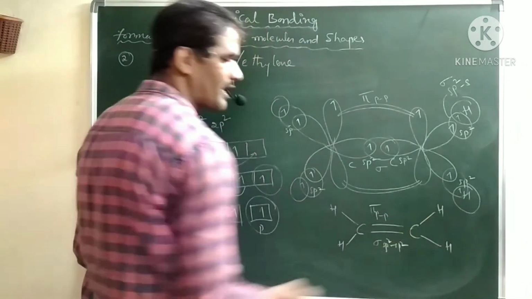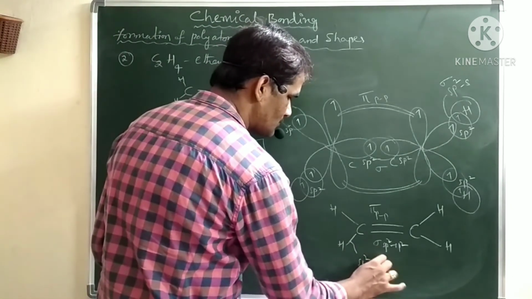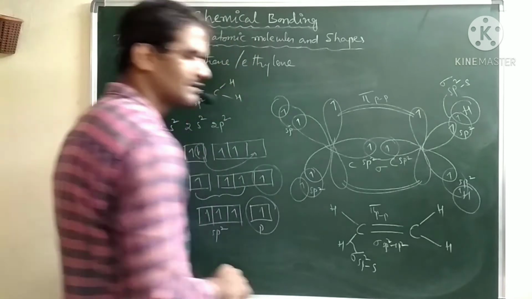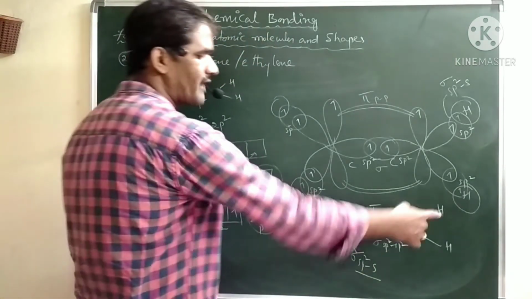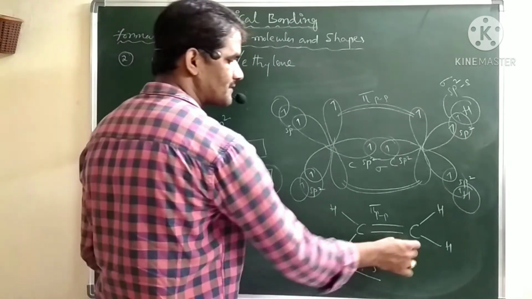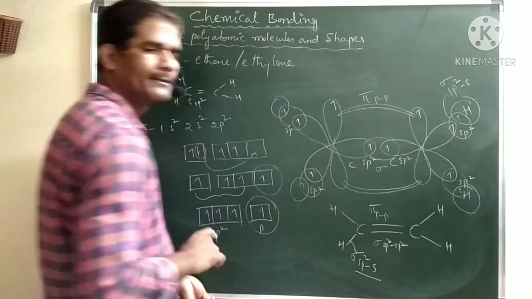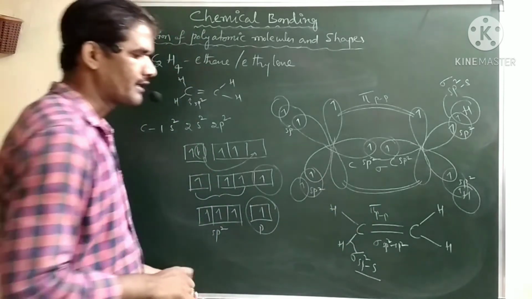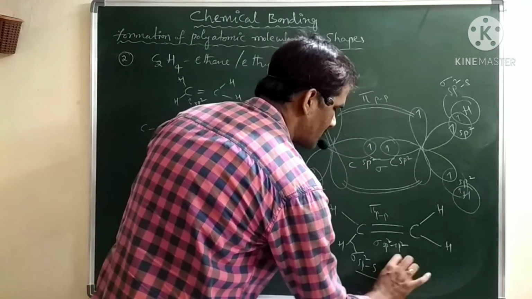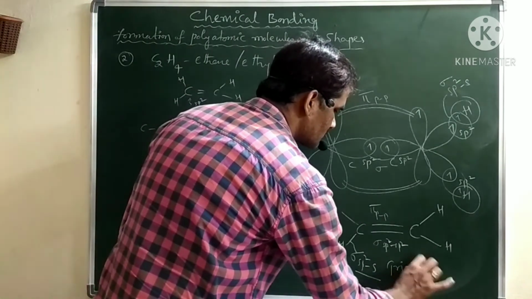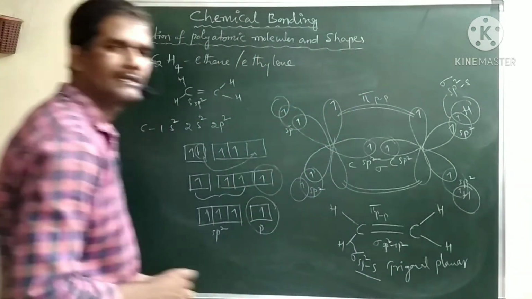Now these four hydrogens are bonded by sp2-s overlapping, and that will result in the formation of sigma bonds, sigma sp2-s overlapping. So in total we have 5 sigma bonds in that. One is sp2-sp2 and 4 are sp2-s, and one is the pi bond. Again the geometry, now it is sp2 hybridization. It is trigonal planar, the geometry of the ethylene molecule here.